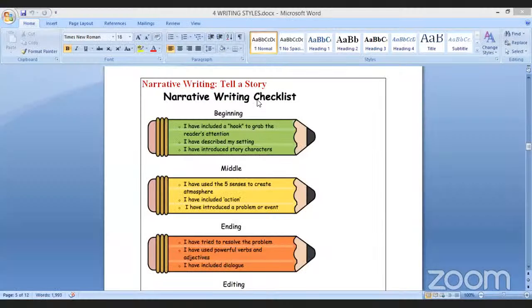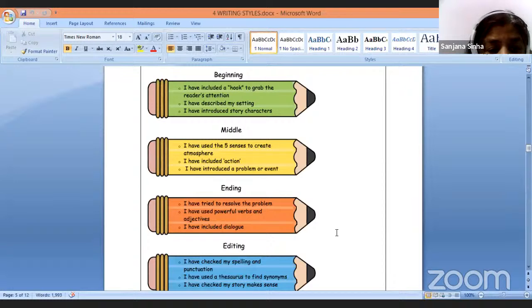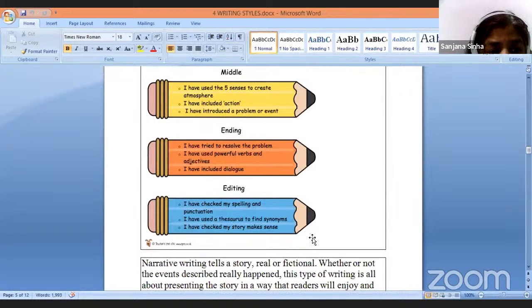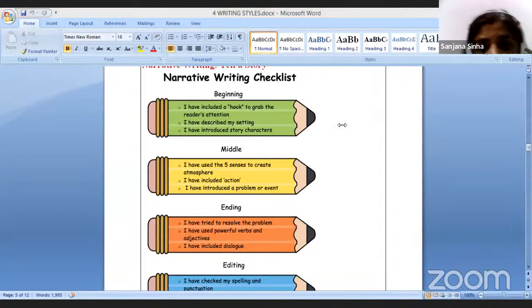लिखिए इस चीज को. Narrative writing, each narrative style has a story to tell. The story, each narrative style has a beginning, has a middle, has an ending, which needs to be edited before publishing or before speaking. So first thing first, narrative style has a beginning. What will you be including in the beginning? It means you will try to attract the attention of the reader by choosing a topic.